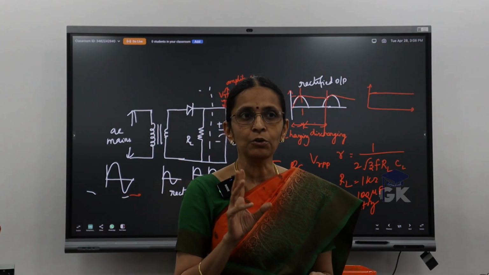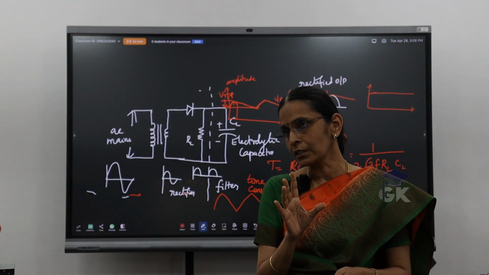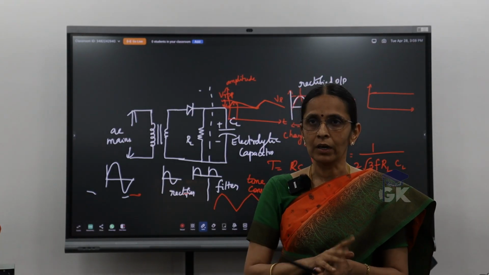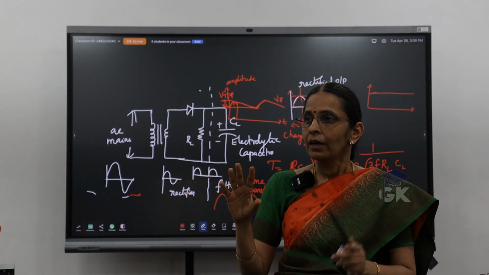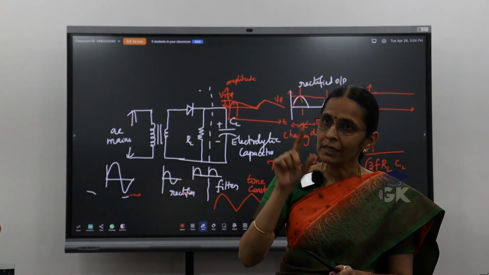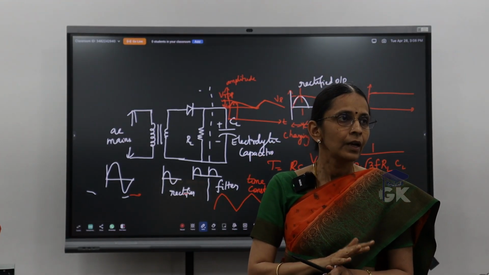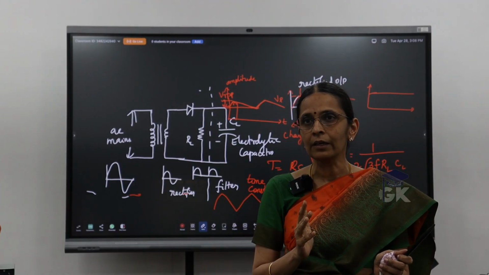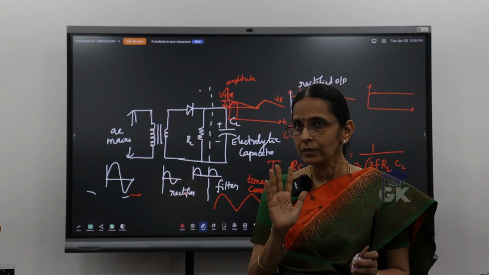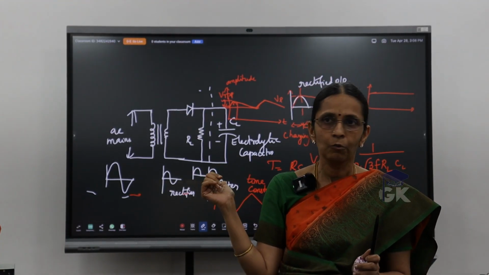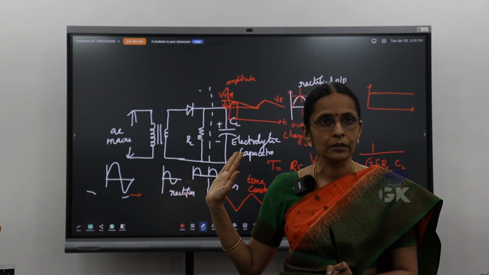So here we are going to do two different tabular columns. In one, we are going to keep the load resistance constant, say RL, let it be 1K, and vary the CL value. That will be one tabulation. The other, we are going to keep CL constant and vary your R. That will be the other tabular column. And then verify both your theoretical ripple factor as well as the practical ripple factor. Hope it is clear. This is what we are going to do. I will show you once again with the tabular column what exactly is expected. Now, how it works, is it clear for you?